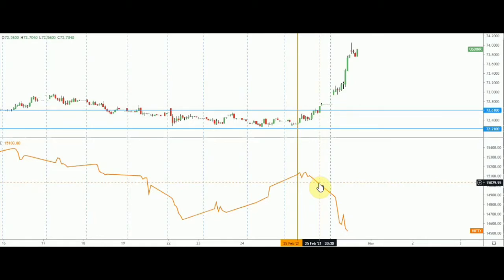Friends, if someone has watched the video that I posted on USD-INR, then he or she should have earned lots of money. Why? See, this 72 to 72.5 level that I mentioned was so crucial that in the last few days it made a low which was around 72.2, 72.25. And you see from there it made a high of how much? You can see from the top left side, the high is